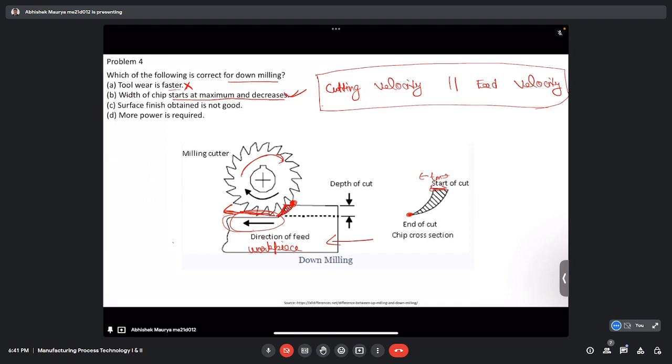or chip width, not the chip thickness. And surface finish obtained is not good. So